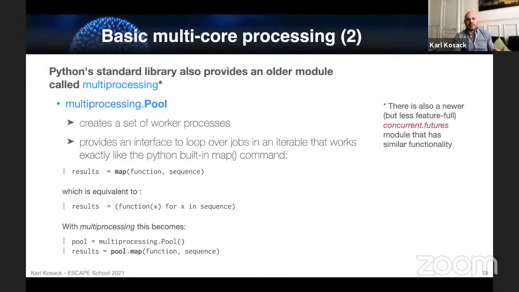Okay, another option is to use an older part of the standard library called multiprocessing.pool. It works basically the same, but with a slightly different interface, and it doesn't do lazy evaluation in quite the same way. The interface is slightly simpler to use. Actually, I think multiprocessing pool is easier to understand, but it comes from the old Python 2, though it's still part of the standard library. It also gives you more options to control how the jobs run, but it's not a standard interface.